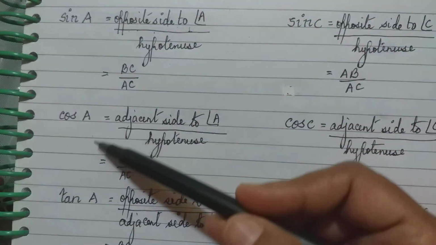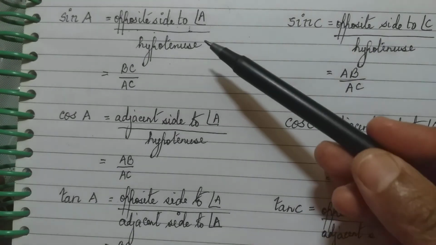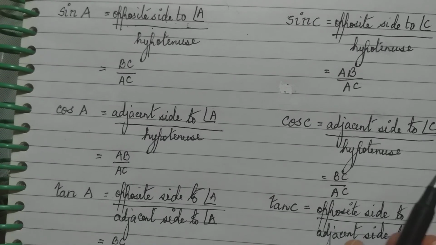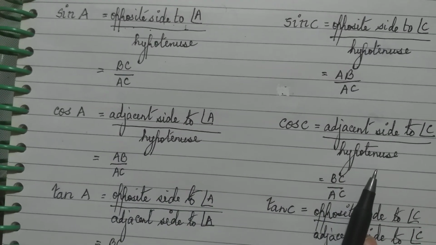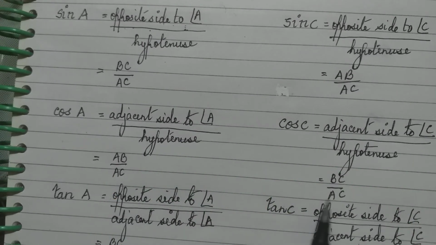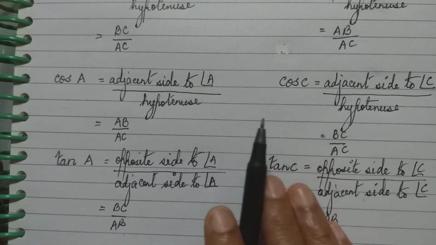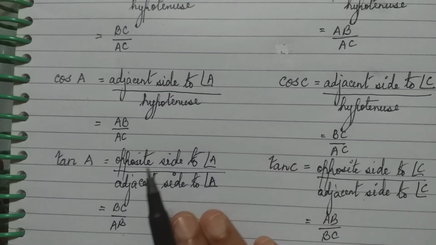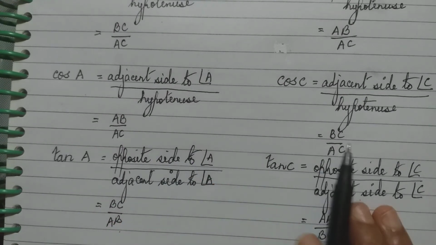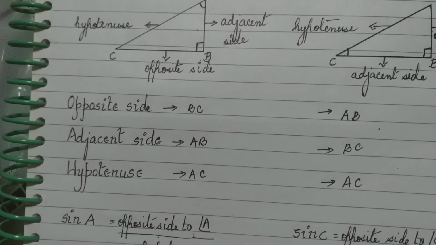Okay, so we always notice which is the angle under consideration, then find out which is the opposite side, adjacent side and hypotenuse. Then write the ratios. So if suppose both the acute angles are under consideration, you will find that the ratios will always be different. They will not be the same. Although it may be the same cos from the same triangle, if two different acute angles are under consideration, the answer we get will be different in each case. So this is the basic of trigonometry.